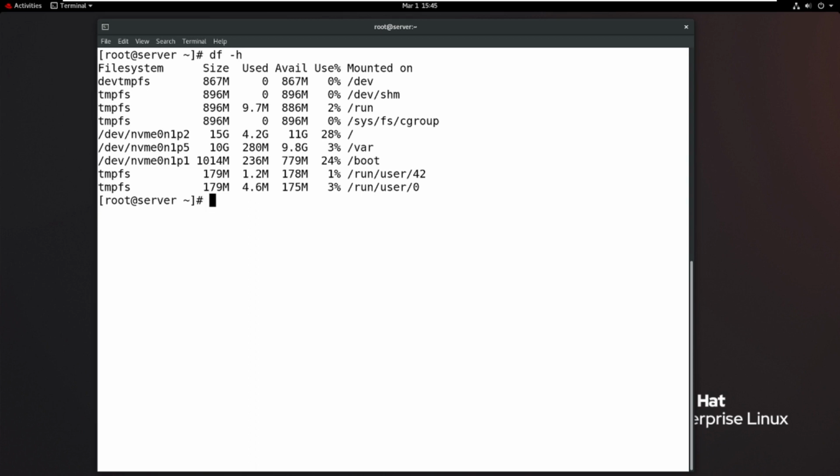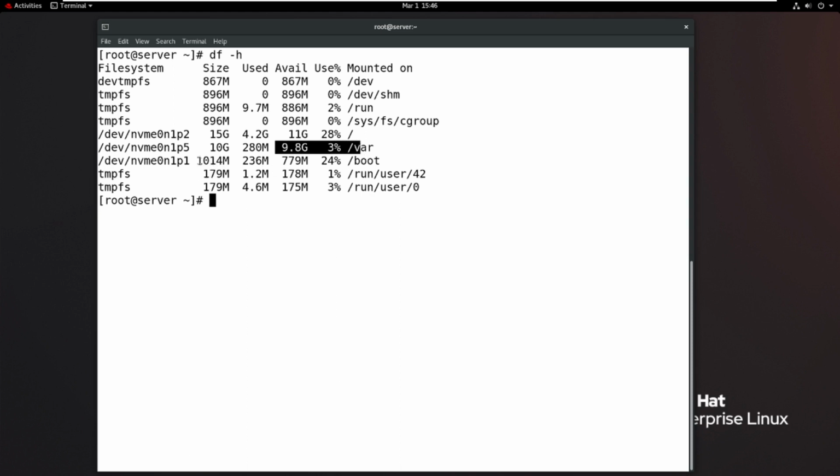But in Linux, how can you find each drive's properties? For example, the / directory is totally 15 GB, used is 4.2 GB, and remaining available space is 11 GB. And the other directory is 10 GB total, 280 MB is used, and the remaining 9.8 GB is free space.